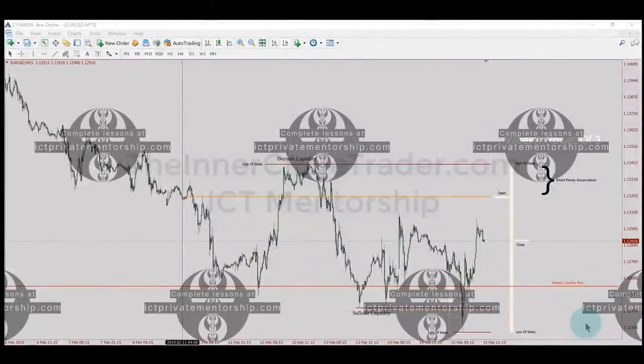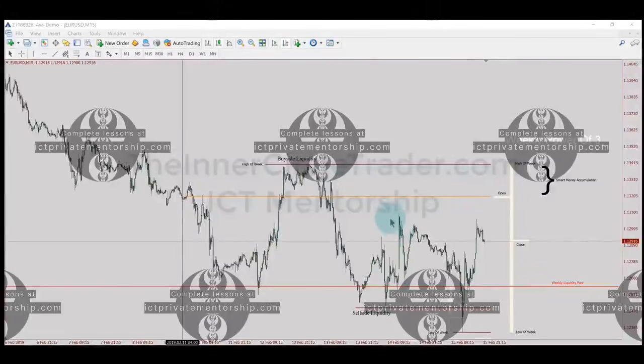All right, so let's go back into the chart here. We're looking at the Wednesday high. So this is high of the week. The market trades down. It reaches into that weekly liquidity pool. It does so here. Rallies away, trades one more time, creates a double bottom. Comes all the way back up to at least the equilibrium price point of the weekly high, from this high to the new low. Trades back up to midpoint of that.